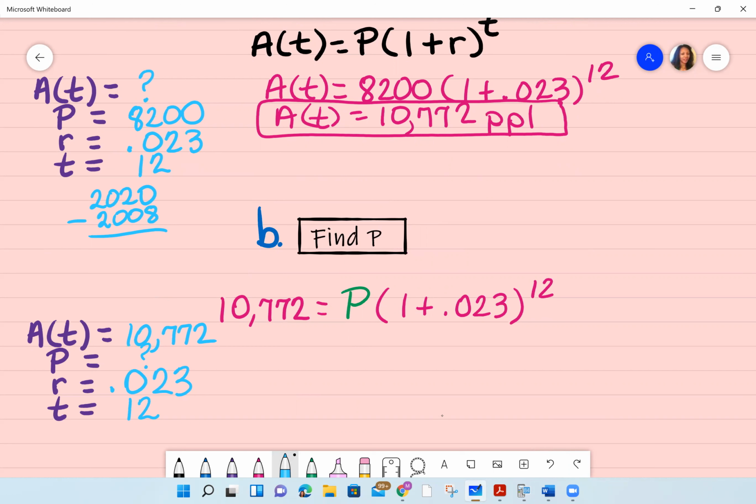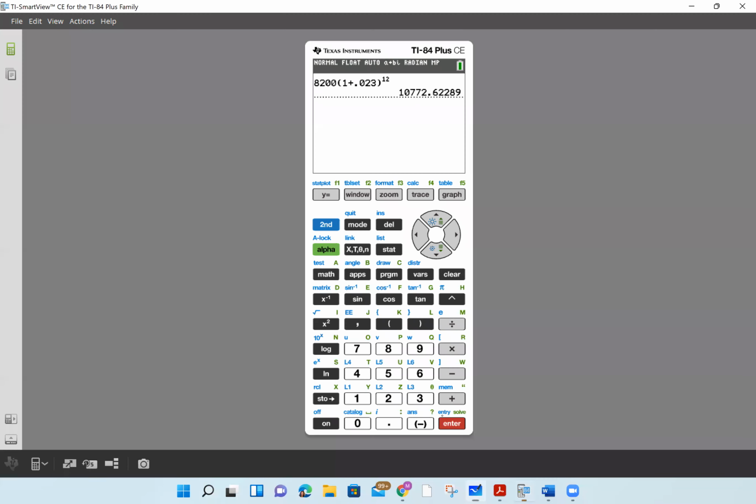And I noticed that I'm looking for P this time. I already have everything else. When your formula looks like this, or your equation looks like this, what you want to do is go to your exponent and simplify it. So when I simplify that, go back to our calculator here, I am going to take the parentheses 1 plus 0.023 and raise that to the 12th power. I only want that part. And that's going to give me,